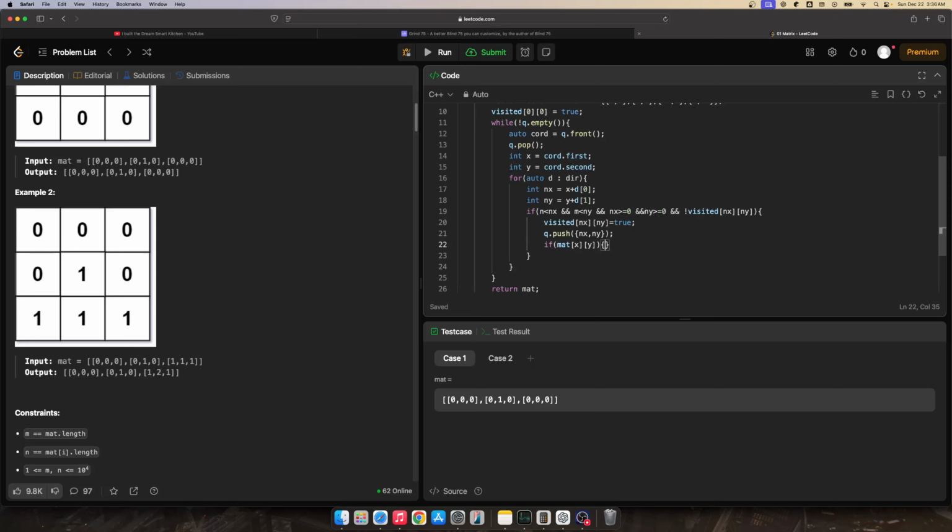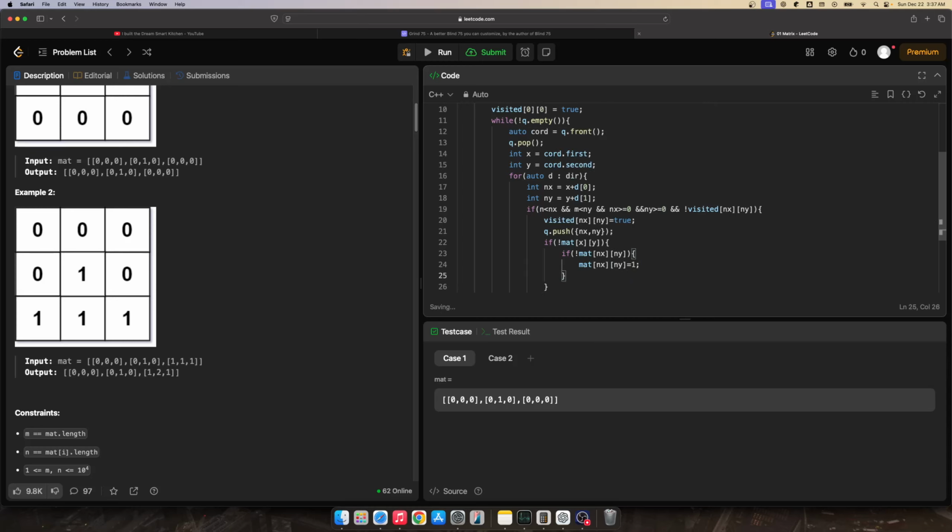If mat of x and y means if it is 0, and if mat of nx and ny is not, I mean, if it is 0, then if they are as well not 0, we'll just make them 1. So we'll do mat of nx and ny equals 1,